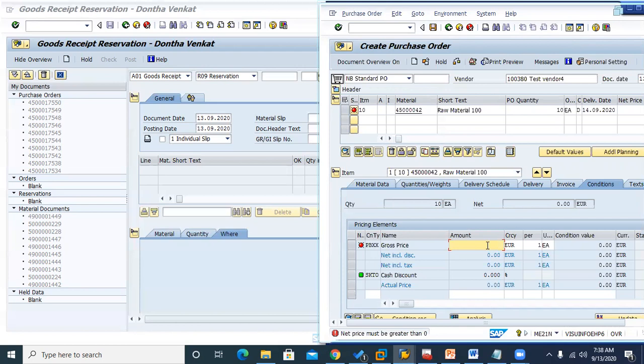So there is nothing hitting other accounts. For that purpose, I wanted to apply some extra value or less value. So this time I wanted to apply less.